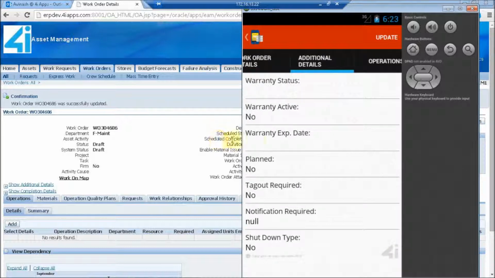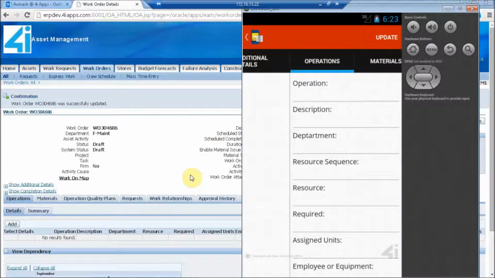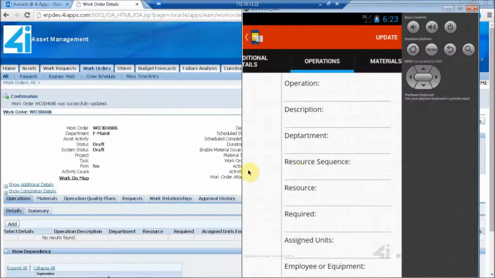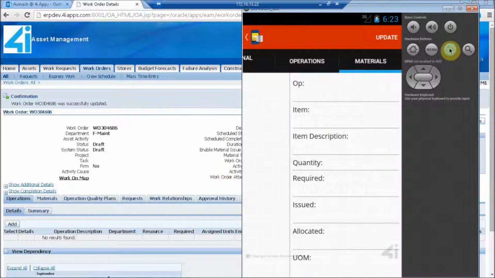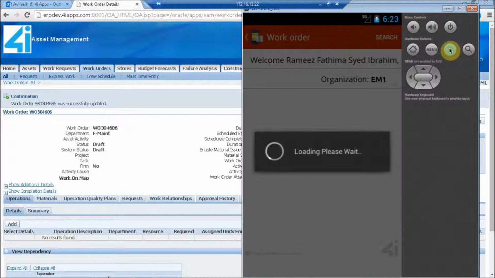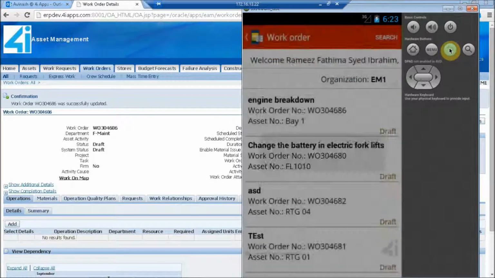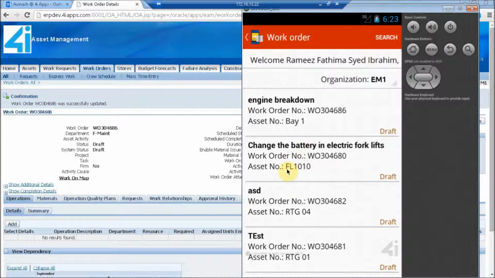We have all the header details. So here we can update all the parameters which are updatable from EBS.